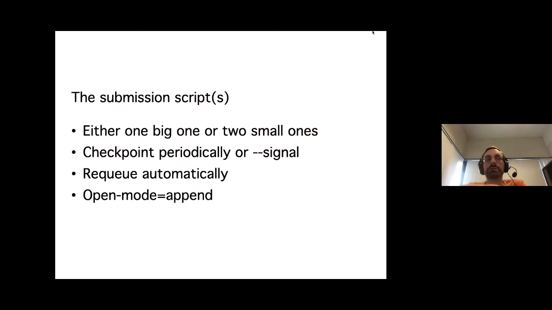The second thing, which is of course useful for you, is to add those features to be able to have a requeuing completely automatically, so that you don't have to monitor your job actively. You know that if there is this automatic requeue, whether you hit the wall time or not is not important. If you hit the wall time, your job will be resubmitted. You will have to wait.